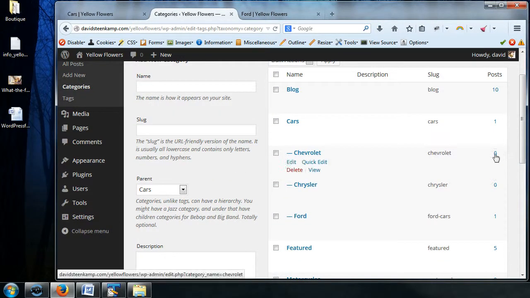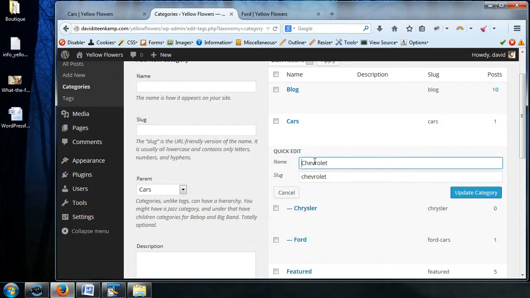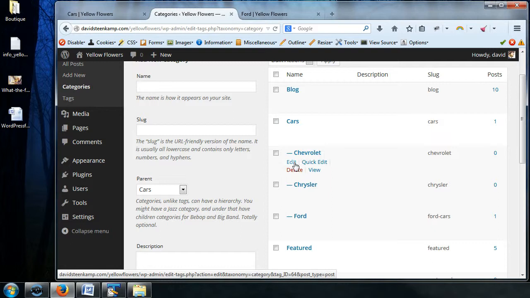Okay, so now what we can do, you see that there's no post, and this post down here is just saying how many posts are affiliated with that exact category. So in blog, there's 10 blog items that are affiliated with this category. There's one Ford item that's affiliated with this one underneath of cars right here. So we got nothing for Chevrolet, nothing for Chrysler, but if we did want to see the Chevrolet and Chrysler ones, we can go to edit